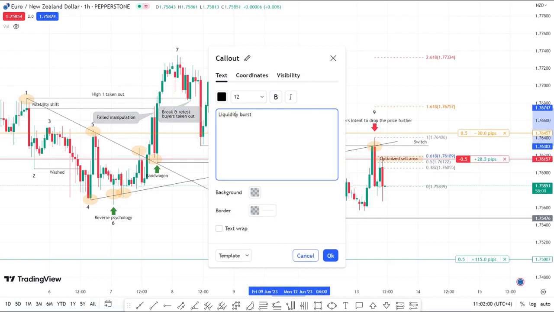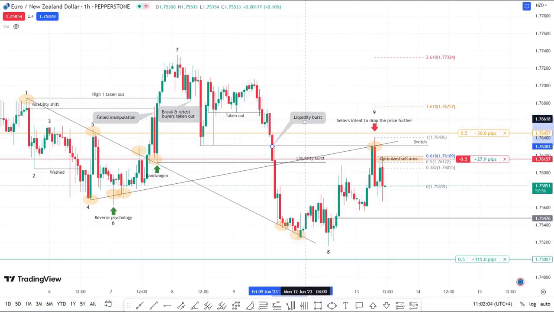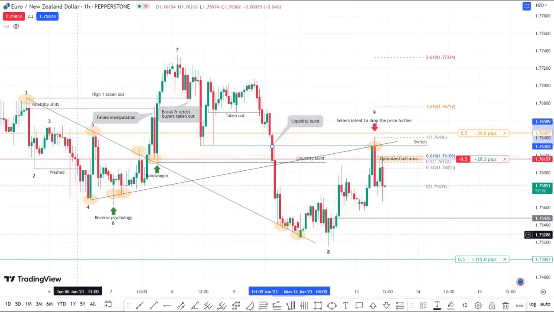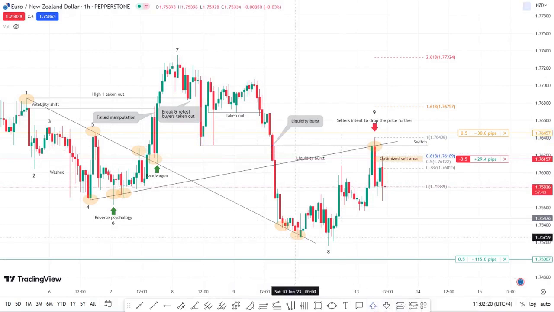Liquidity. Liquidity burst means a cluster of orders has been triggered. So imagine the price is up to here at that point in time. Price is creating a higher high and higher low, and a higher high and higher low. So that means, and given the fact that we have buying pressure here,